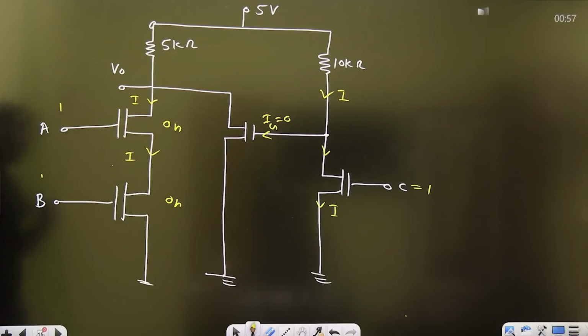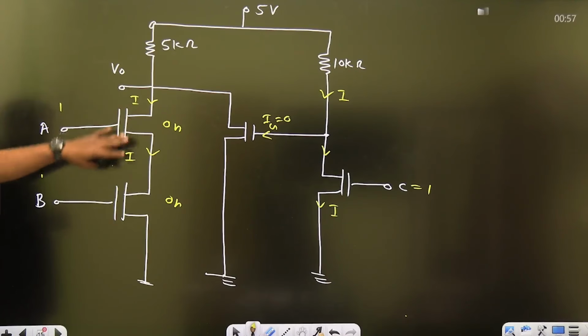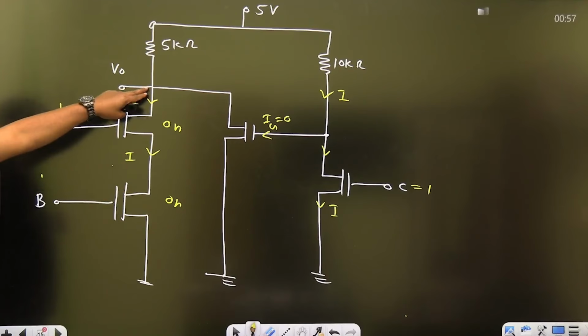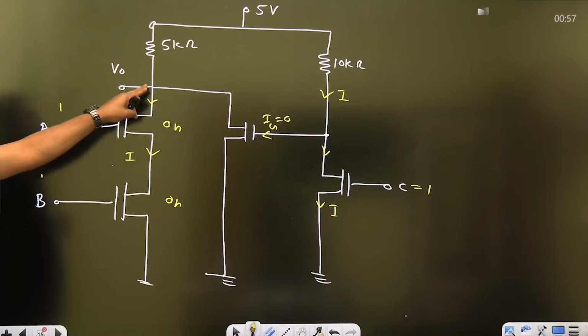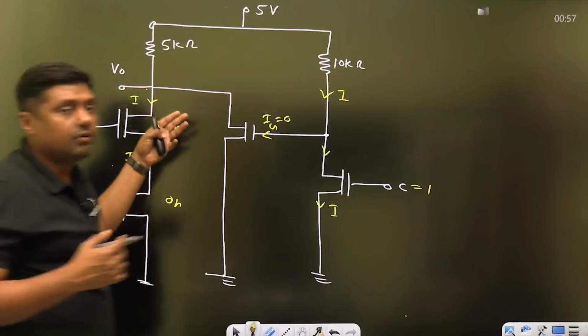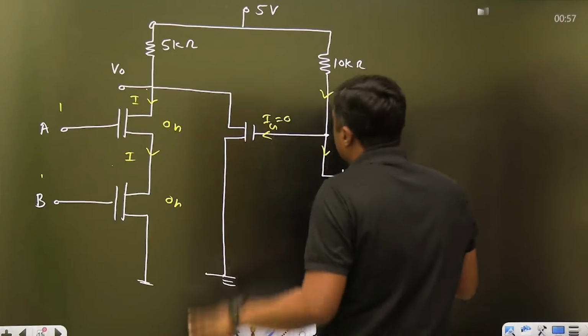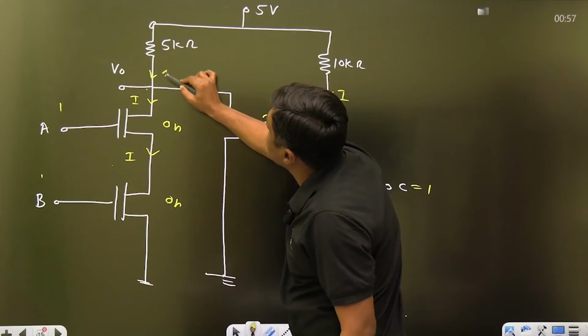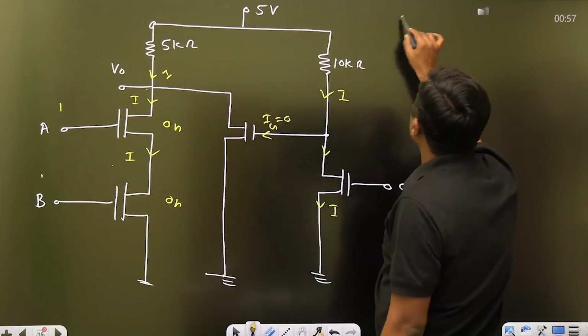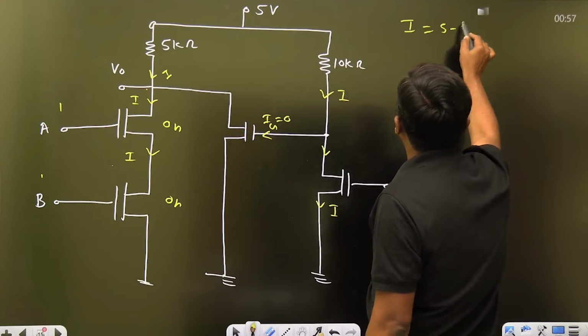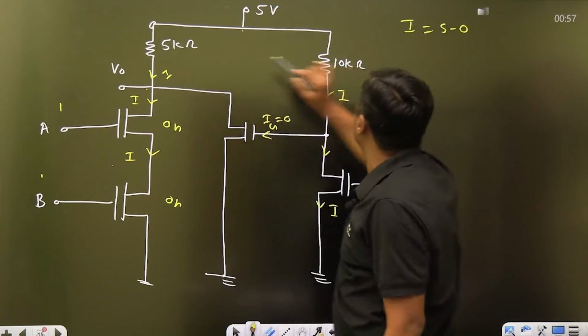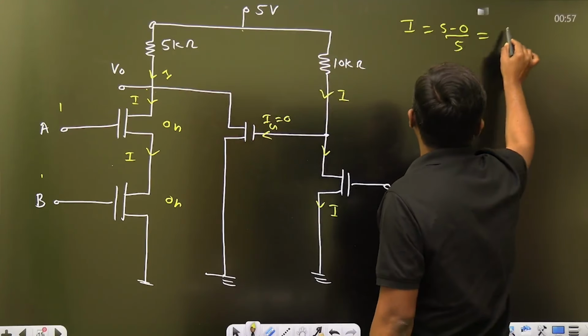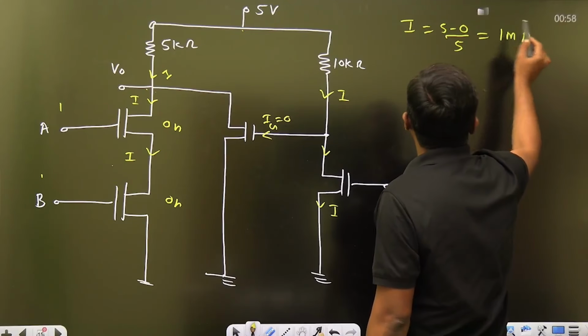Okay, now my dear friend, if this is on, what is the voltage at this point? 0. If this is also on, then again the voltage at this point will be 0. So what is the current given by the battery? Whether it is on or off, the current given by this battery for this path is what? I is equal to 5 minus 0 upon 5. So what is the current? 1 milliampere. Similarly,